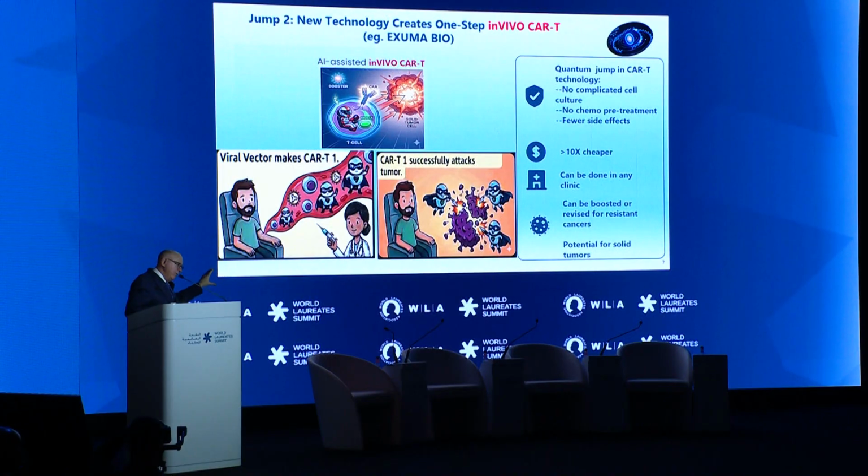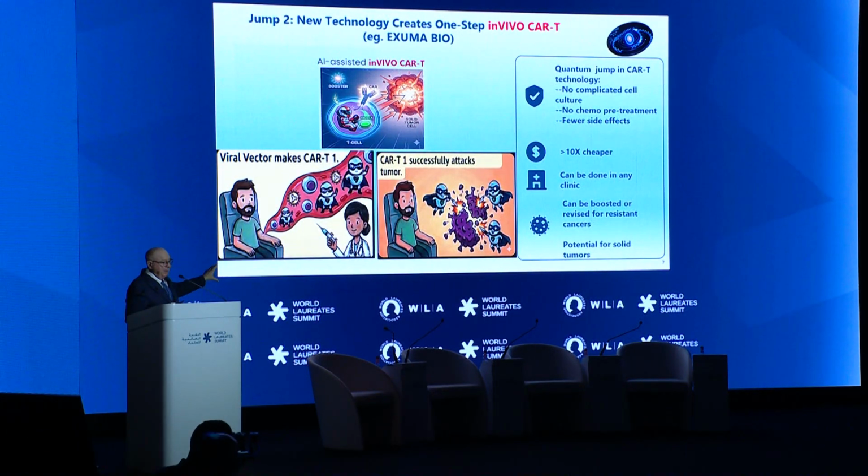Then the T cell increases in number. So long as there are targets there, it will increase in number, but there will be no toxicity like there is when you reinfuse the old type of CAR T cell. This is huge because there's another way, some of the ways in which AI helps here,